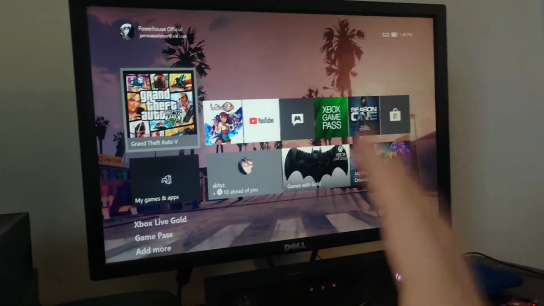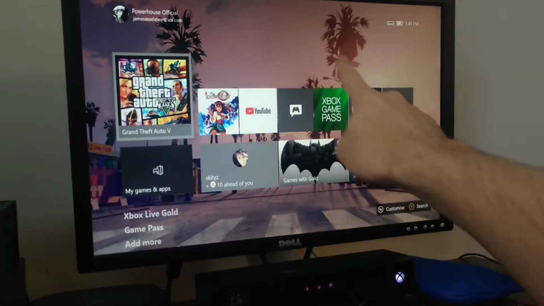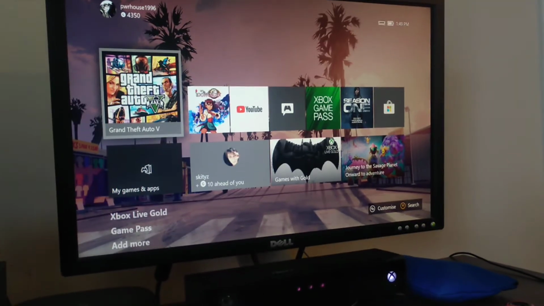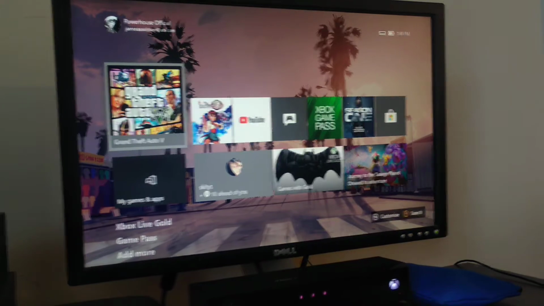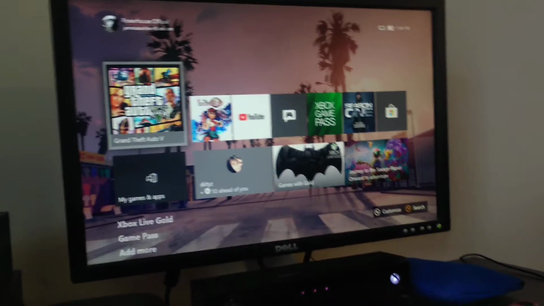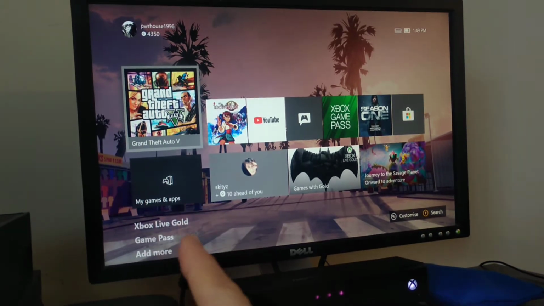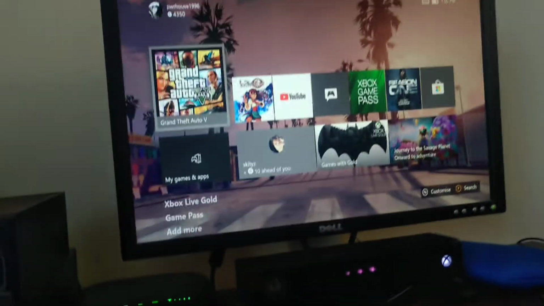I've been messing around with Microsoft's brand new Alpha Skip Ahead productivity update, which includes a bunch of new cool stuff, including one of the new features which you can see on the home screen here, because I've recently used it. And you can also notice down here. As you can see, along the bottom there are dedicated sections now for Xbox Live Gold and Xbox Game Pass. So if we use the D-pad or the stick to move down,